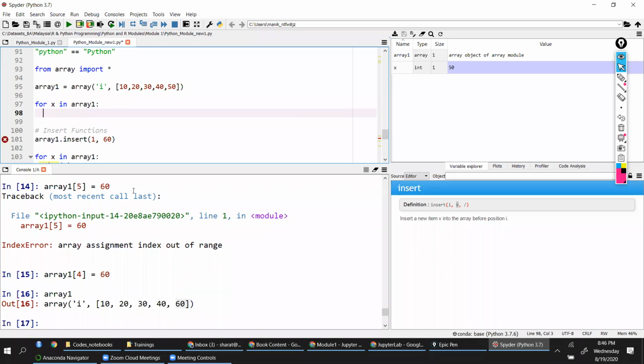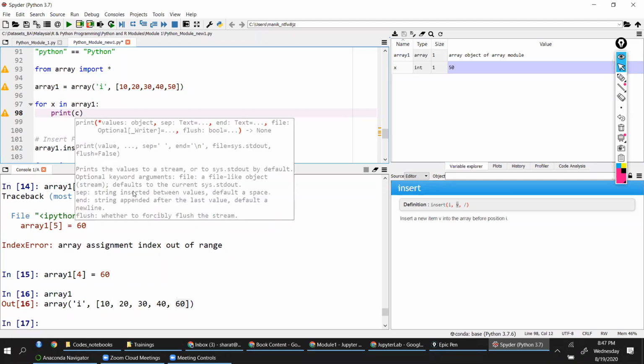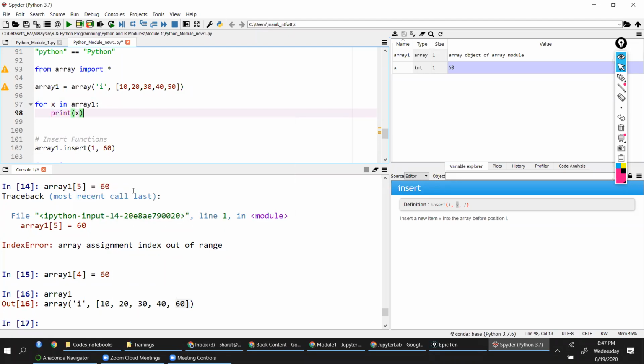Say for example, I'm writing this. I have a for loop, I typed this, I'm saying array1 and put a colon. Once I put the colon, this interface understands that you're continuing your code. See, when I press enter, it's directly taking me to the location where I have to type my code.